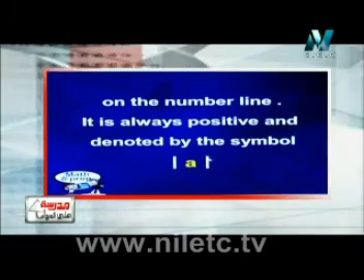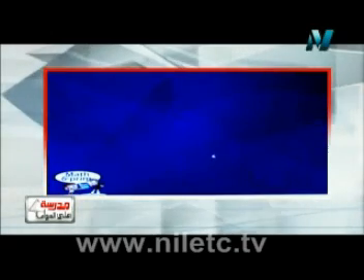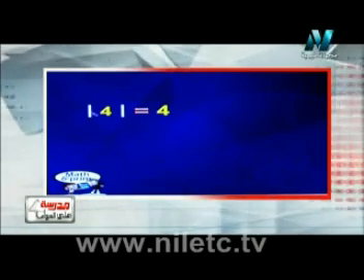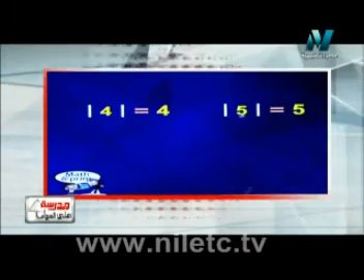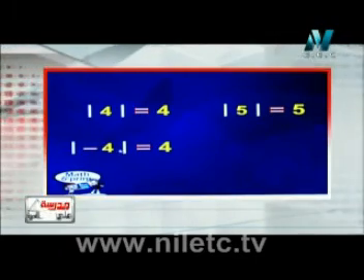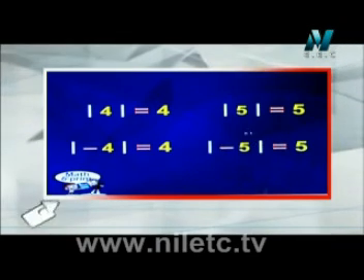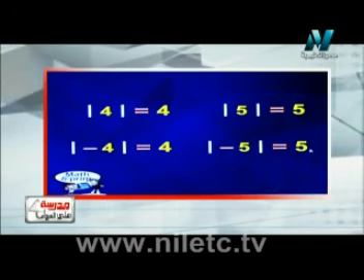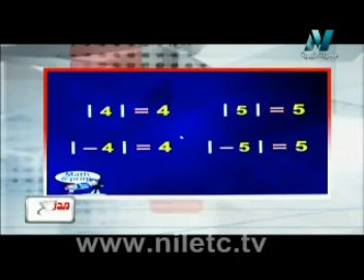On the number line it's always positive and is denoted by this symbol. يبقى two bars كده بحطهم وأحط النمبر بتاعي between them سواء ده كان positive number أو negative number. يعني مثلا absolute of 4 equals 4. طب absolute of 5 equals 5. طب absolute of negative 4 نفس الكلام it's 4، نفس الفكرة ما اختلفتش. طب absolute negative 5 it's 5. خلاص يا جماعة، يبقى كلمة absolute value معناها بكل بساطة the distance، ولازم تكون positive number. اوكي طيب